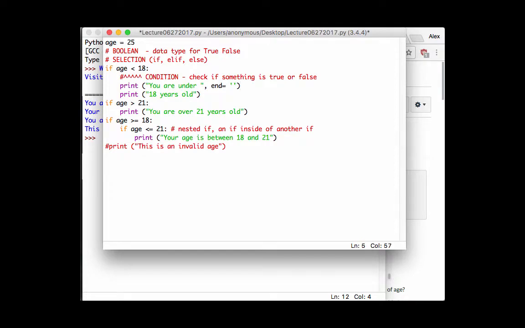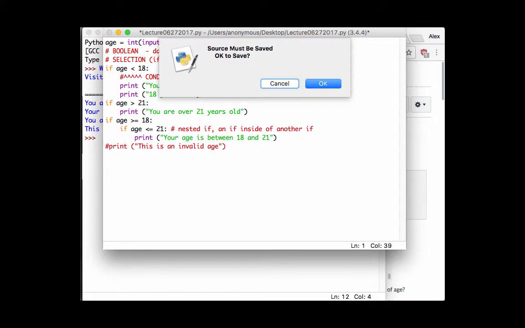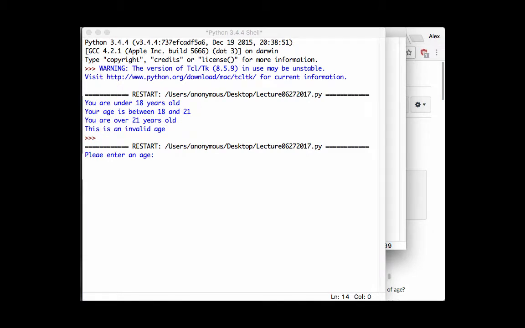And by the way, this can come from the user, right? So it doesn't have to be just, oh, it's always going to be 25. Maybe I'm going to change this to int input, please enter an age. Okay? And I'm going to go in there, run this thing. Alright, so